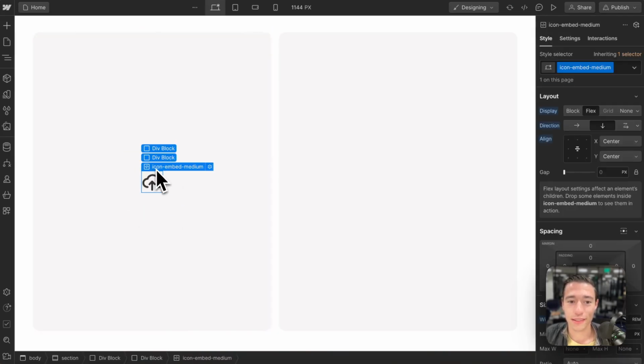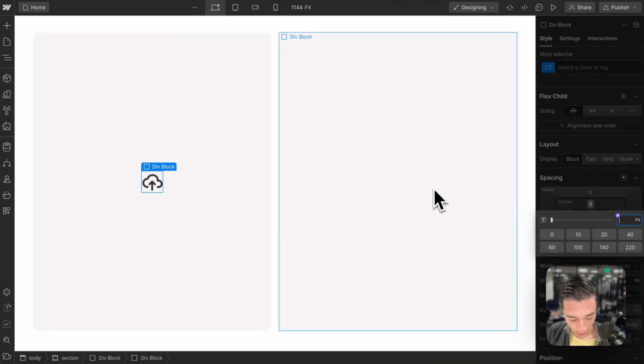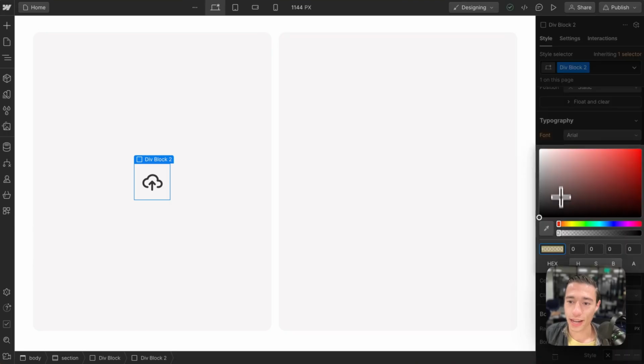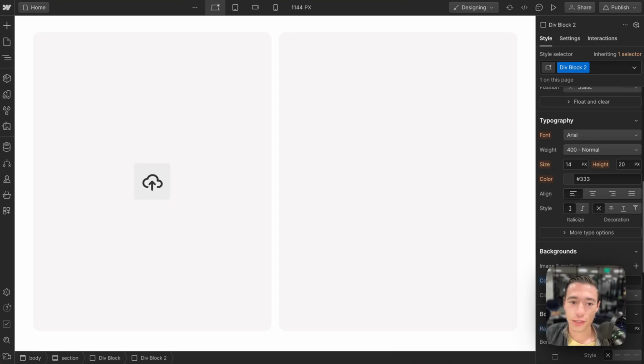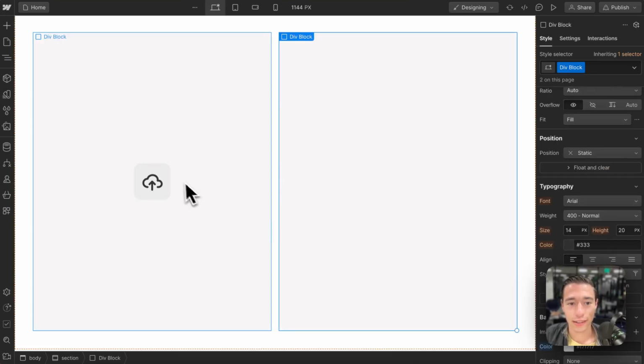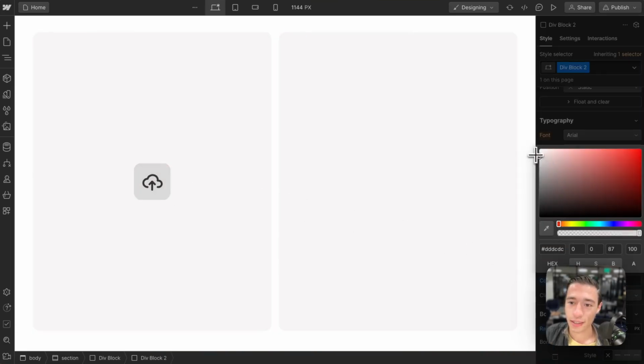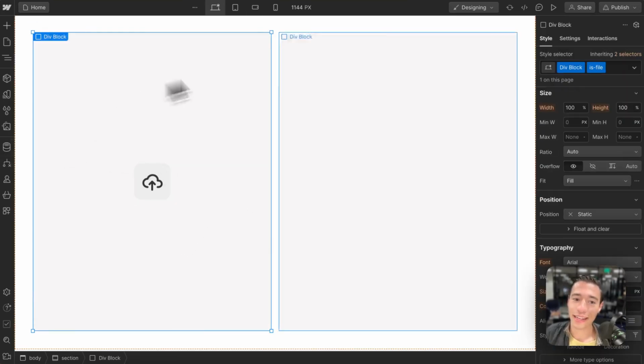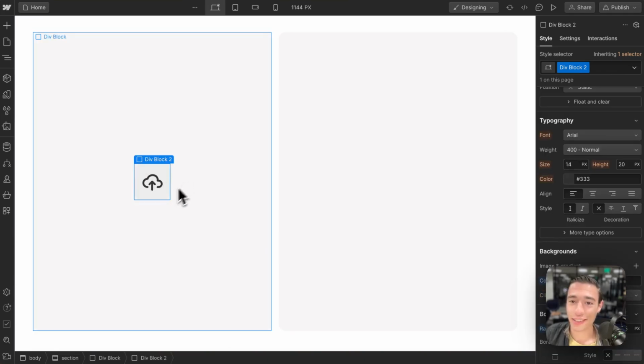So I'm just going to put this in a div block, and I'm going to give this 2 rem to each side, or let's do 1. Yeah, that looks good. So I'm going to do 1 rem, and 1 rem here as well, and 1 rem as well. And then we're just going to add a little bit of a background here. Look at that. And we're just going to round the corners just like that. I think that's a bit too dark, but let's just do something like this. Perfect. That looks wonderful. So now I can add my files in here, or I cannot because it's not functional,